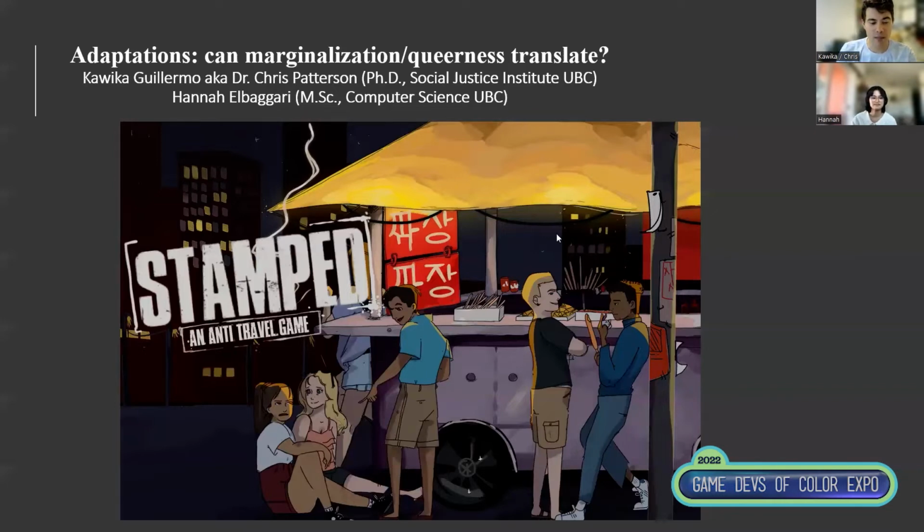So this is the temporary title art for the game. It's called Stamped, an Anti-Travel Game, which was made by our artist, a student at UBC named Bree. As you can see, the game is about traveling and living in different parts of Asia and facing many of the hard truths that can come with travel. So the game tries to get at certain truths about the global economy, about histories, colonial histories, and contemporary forms of colonialism within the travel sphere, as well as about our own inner demons and passions that lead us to travel and live abroad in the first place.